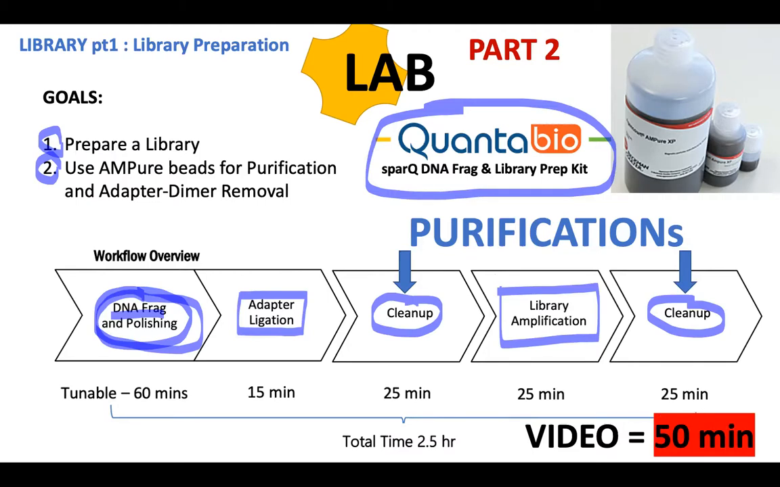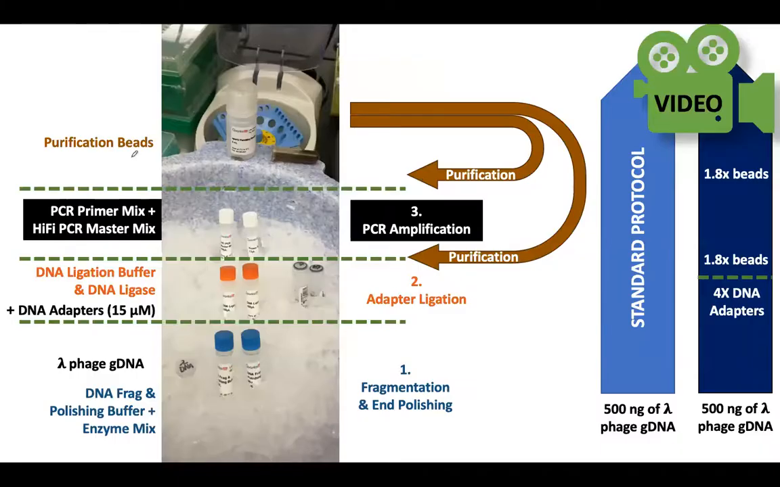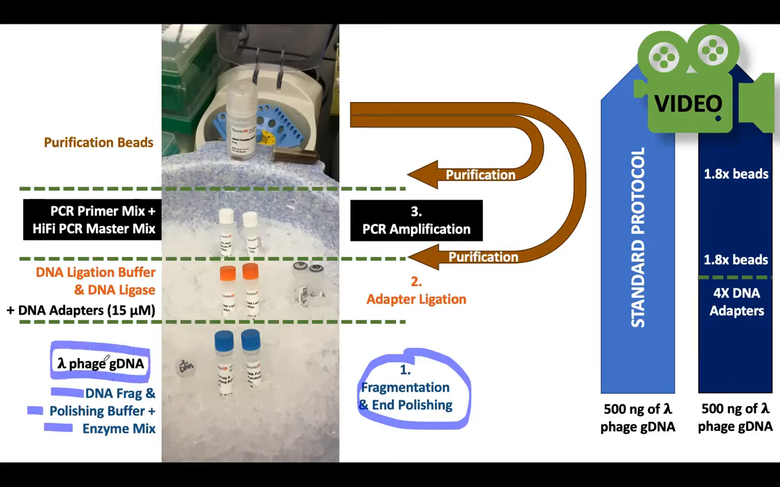The video is quite long. It's going to take about 50 minutes. Hopefully you can stay concentrated for that time, and then we're going to have a pause for questions after the video, okay? So here are the components. I'm just going to briefly describe them. During the fragmentation and end polishing, you just have an enzyme mix, okay? And also our starting DNA is DNA from the phage lambda, okay? We are starting from 500 nanograms, and we're going to have 2 libraries, okay? One of the libraries is going to follow the standard protocol, and the other library we're going to push to